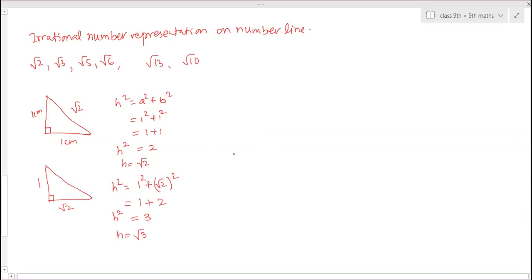For that purpose, we have to draw one number line. Start from point O. Draw 1 centimeter. Take exactly 1 centimeter with the scale. 1 centimeter exactly. Don't magnify it. With the help of protractor or the compass, if your teacher has told. Compass, I don't think you need to use it because it's much more complicated. So here we have to draw a perpendicular, 90 degrees. So on this line, we have to draw a 1 centimeter arc with the compass. Compass point, you have to keep it at this position, and you are drawing the 1 centimeter arc.